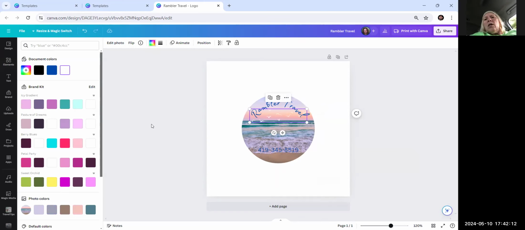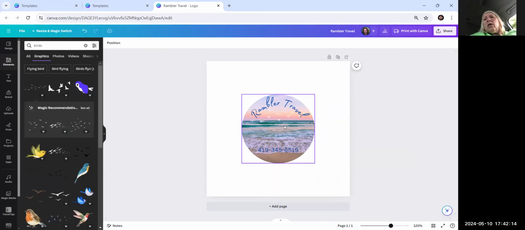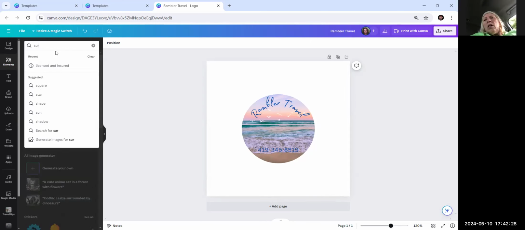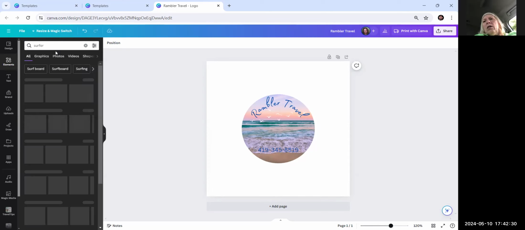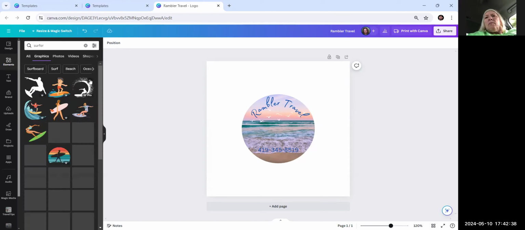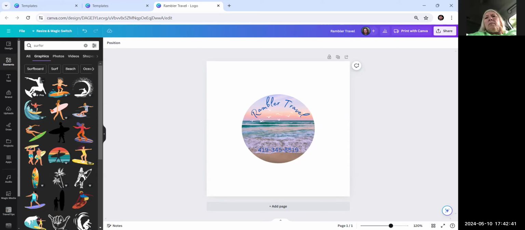I think I can change my bird colors too, right? I mean, in my opinion, seagulls are white, not black. I guess it depends on where you are. They could be whatever, but see, now no one knows that. What if I wanted to add a little, what if you wanted to add a surfer in there? Now I'm just having fun. But you can see that it's gonna have to be a graphic, and it's probably gonna have to be